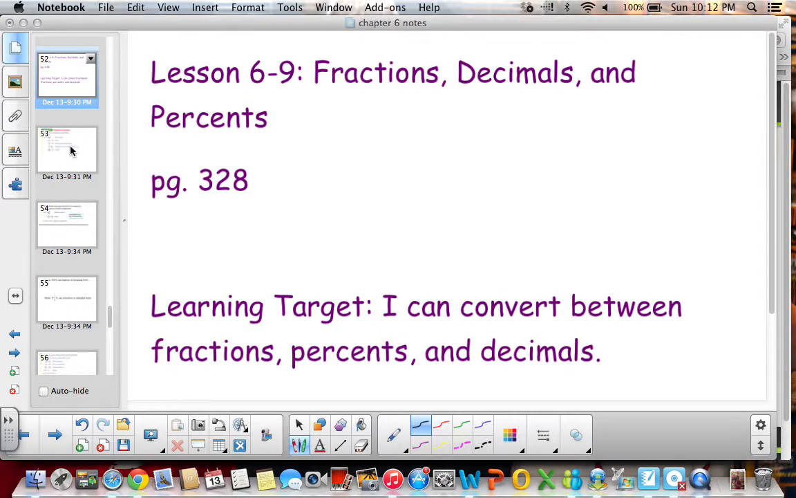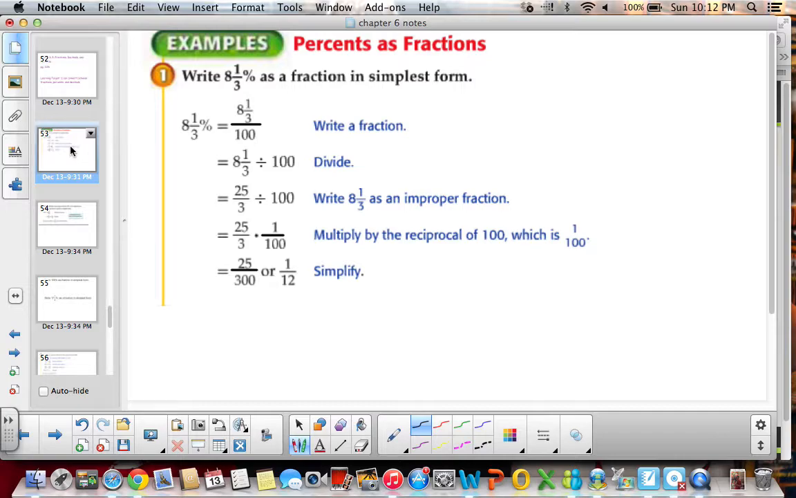So I know in chapter 4, we already went through percents and decimals and fractions and converting between all of them. So this lesson is going to be somewhat of a review, but it's going to go a little more in depth on converting between percents when there's a fraction, and then trickier fractions to convert into percent form and decimal form. So if we want to write 8 1/3% as a fraction, we can remember that